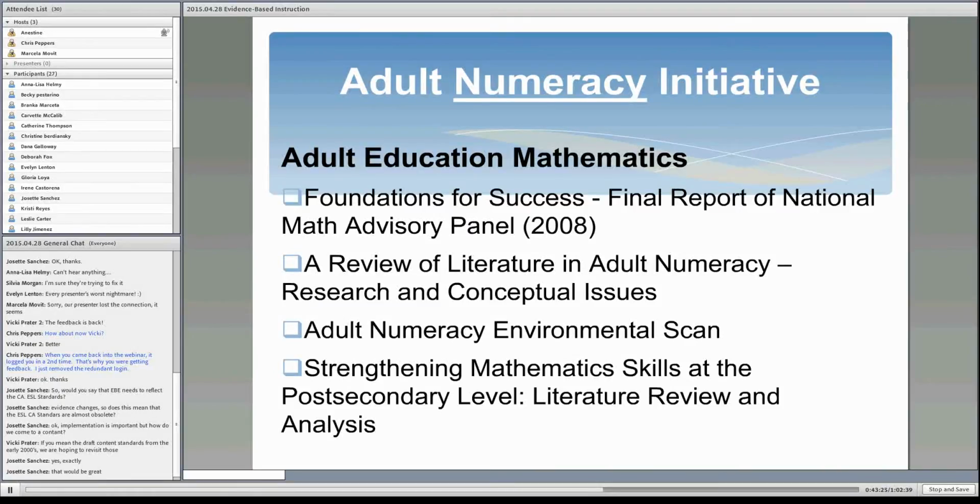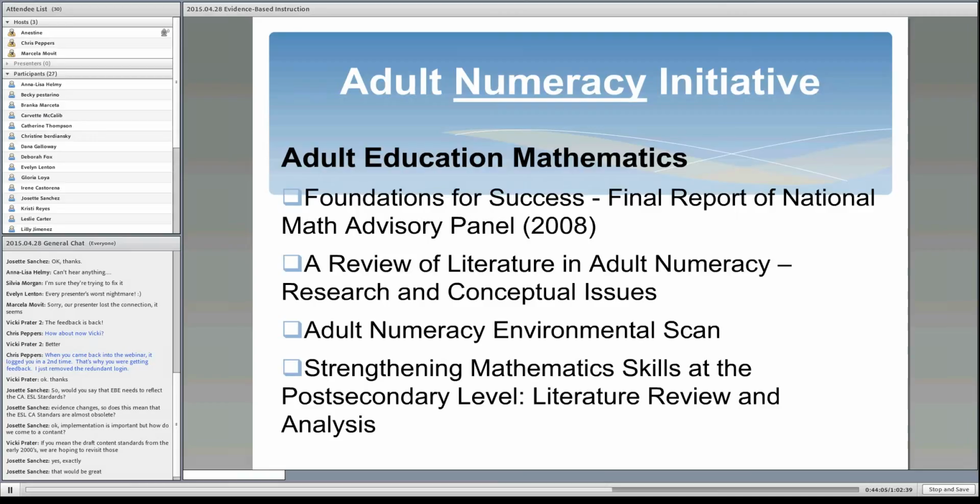And then there's the Adult Numeracy Initiative, and that was work informed by the National Math Advisory Panel of 2007, which produced a report in 2008 called Foundations for Success in Mathematics. I believe that work was sponsored by the U.S. Department of Education. There is also a review of literature that came after that, in a project that AIR was awarded by the U.S. Department of Education called the Adult Numeracy Initiative, and that project identified the research on and the conceptual issues undergirding